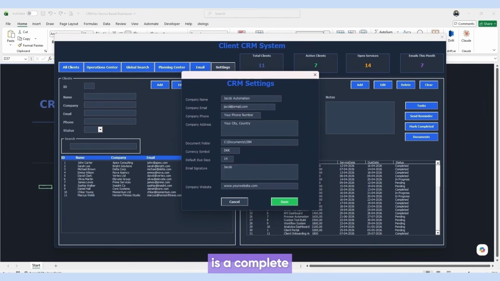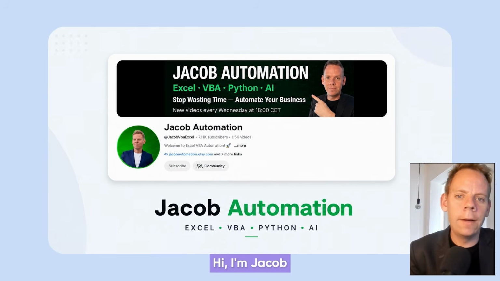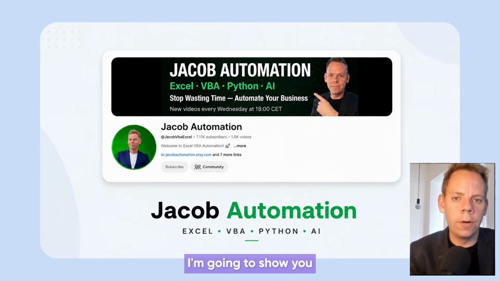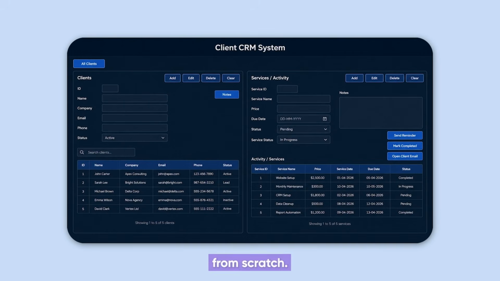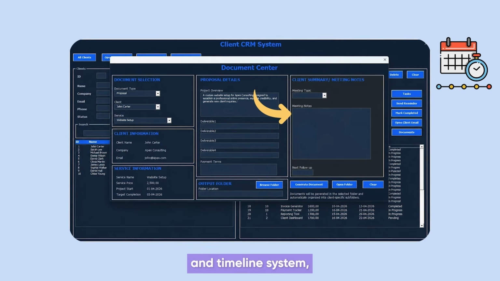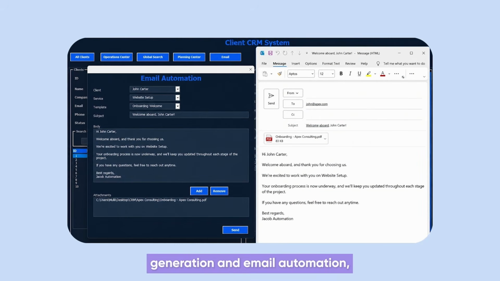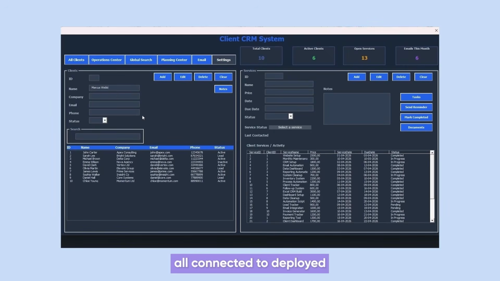What you just saw is a complete CRM system built entirely inside Excel. Hi, I'm Jacob, and in this video, I'm going to show you how to build this from scratch. You will build a client management system with a searchable interface, a full service and activity tracker, a notes and timeline system, task management, an analytic dashboard, a schedule system, document generation, and email automation, all connected to deployed